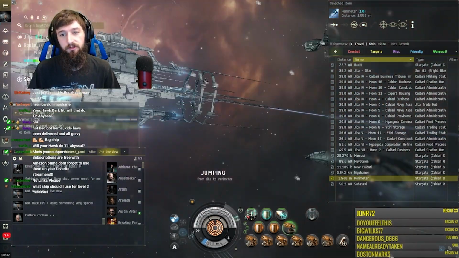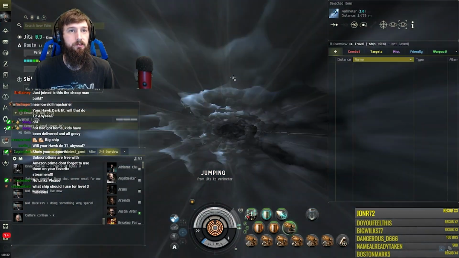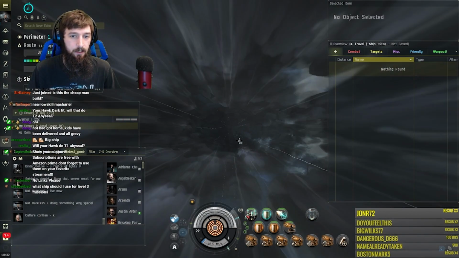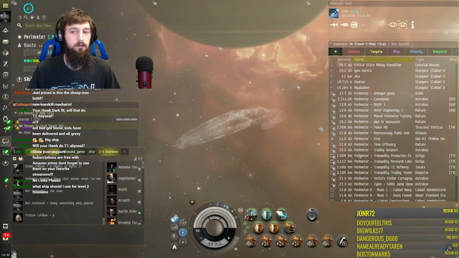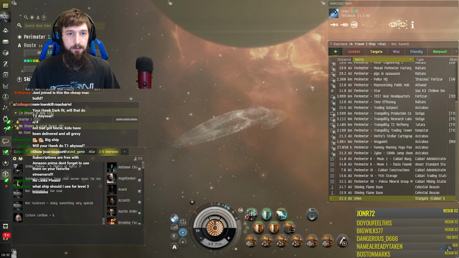What ship should you use for level 3 missions? If you plan on flying a Macarial, just use a Macarial. But I'm going to show you guys today how to get instant faction standings. And we're going to do some of that en route. That's why I got 7 skill injectors and why I still have